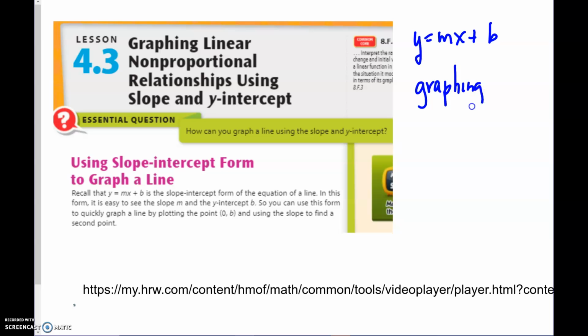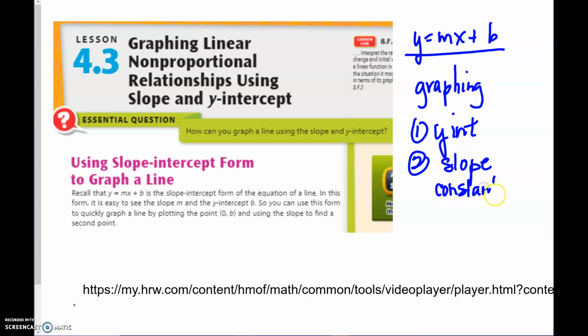Being able to graph the equation when it's written in this form, so that we pull off the y-intercept and we graph that, and we pull off the slope and we graph that. So what we're going to work on today is interpreting that information. What does that information truly mean? Now that you know how to graph it and you can pull off your slope, which is also called your constant rate of change,